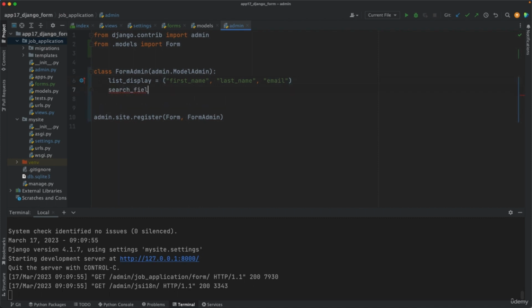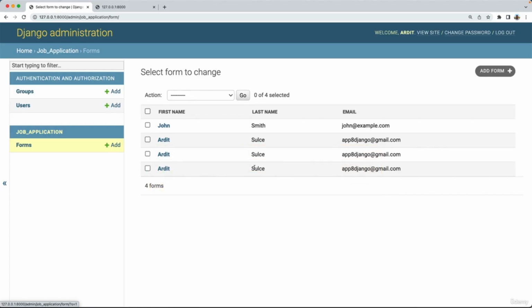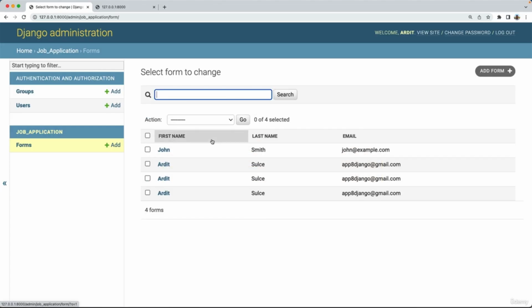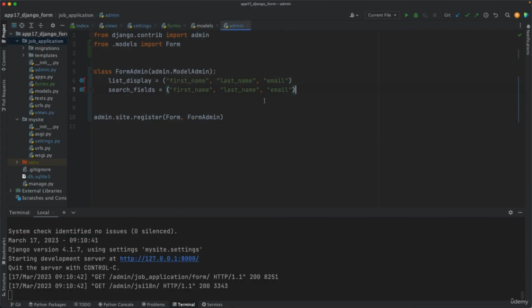Search fields, another variable. If you define this variable, you can then provide, again, a tuple like this. Let's go and refresh. So this time we have this search bar displayed here. So you can type in something here and search for those fields that we defined in here. Next,